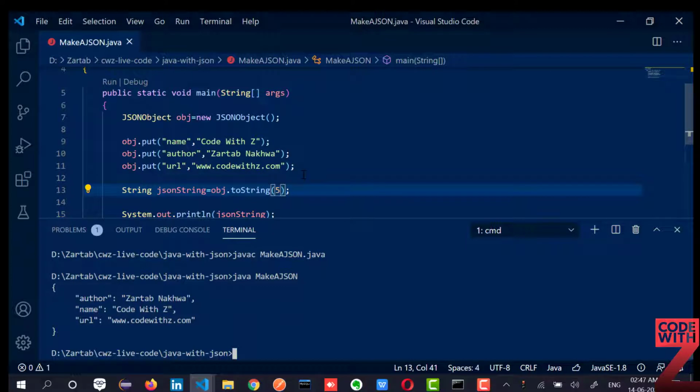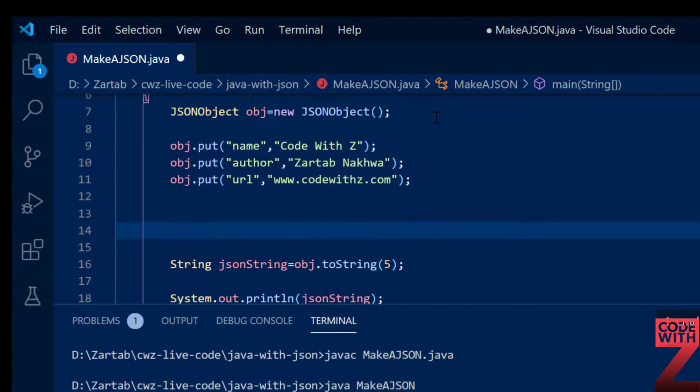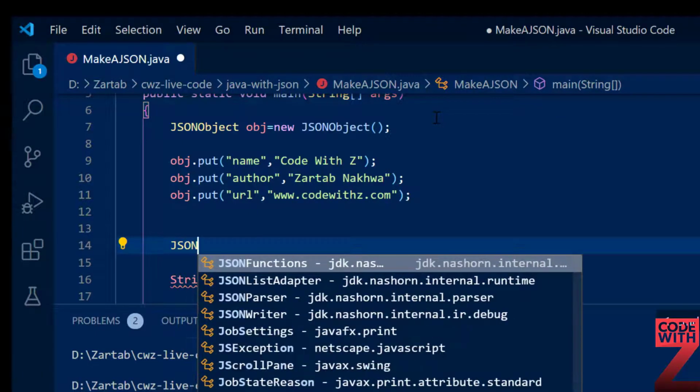Now let's try the second way, that is by making use of a Java string. So how will I do that? I'm going to create another JSON object. So I'll show how to use another JSON object inside your own object.